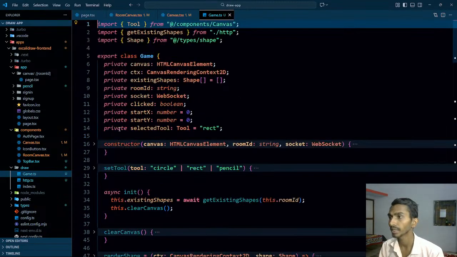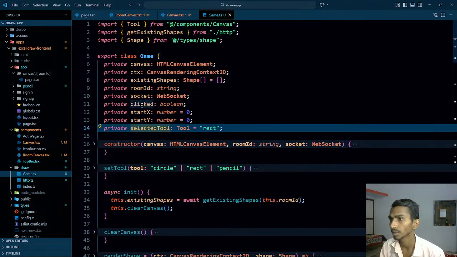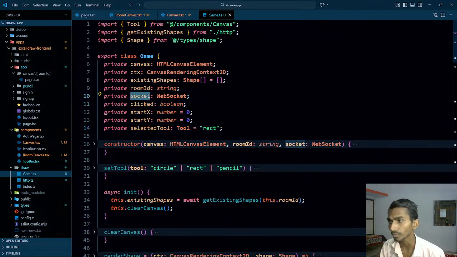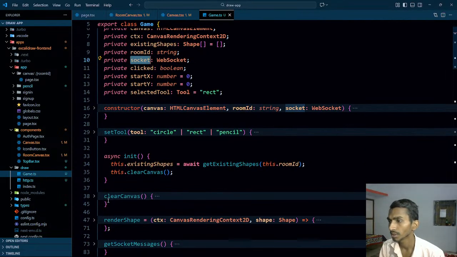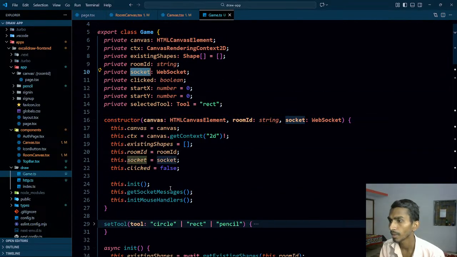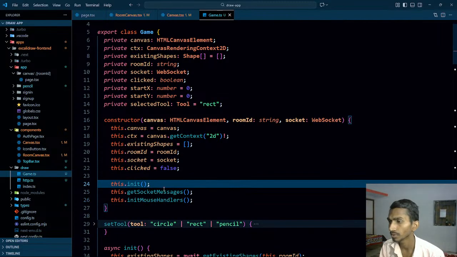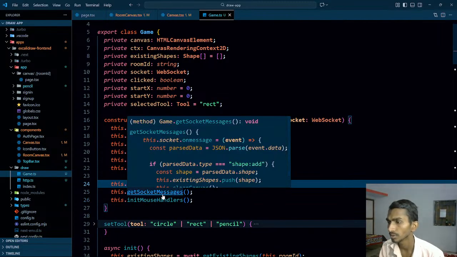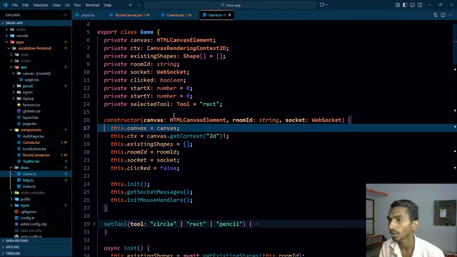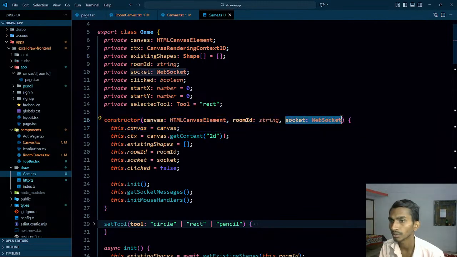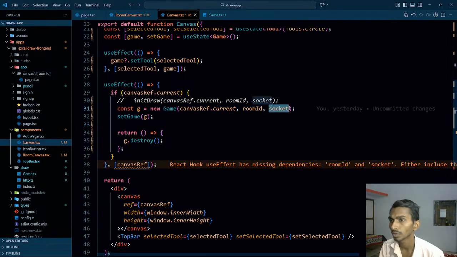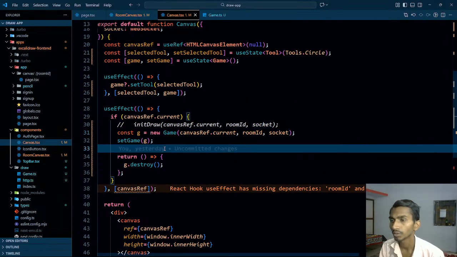Where is this shape getting saved? So sorry, state, where is that? Socket is here. Where is this socket getting saved when I initialize? Where is the constructor? Init, nothing happens. Get socket messages. So ultimately I'm getting socket directly here from there. So let's go to canvas. I'm sending socket here, and once I got socket here,